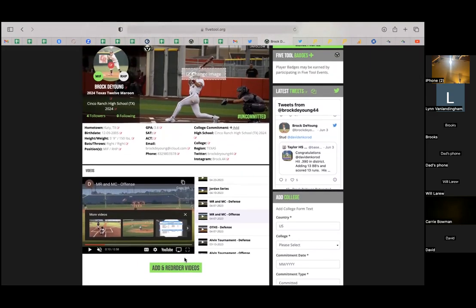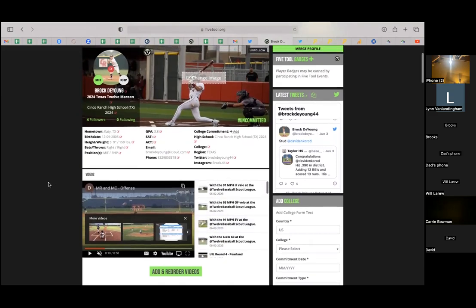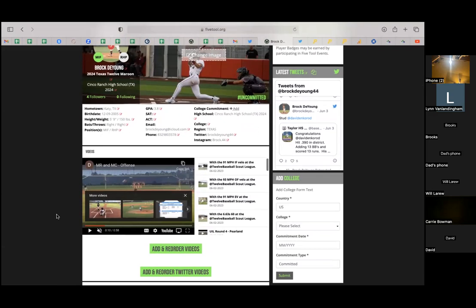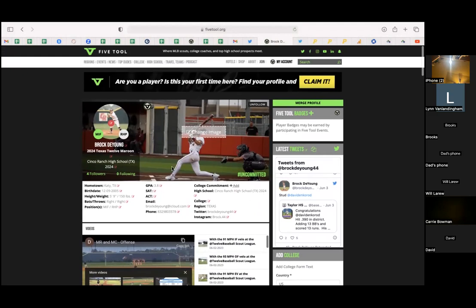But what we're really hoping we can do here is create an overall picture of a player. And when you have a premium profile, this column right here is hidden and your birthday is hidden, but everything else is public. So when you send this to a college coach, he can go straight here and just watch video after video after video. And I'll talk a little bit about some of the feedback we've gotten from the college coaches here in a little bit, but being able to centralize all that stuff in one place has them very happy. It just kind of makes it nice and easy for them to view that.